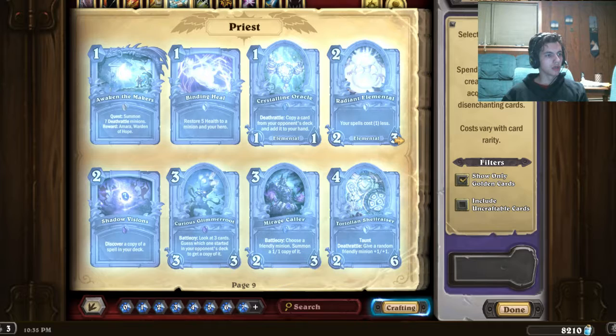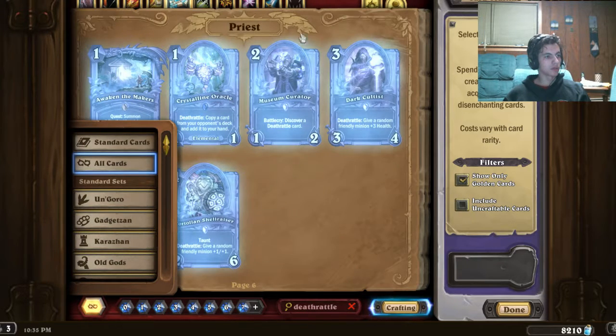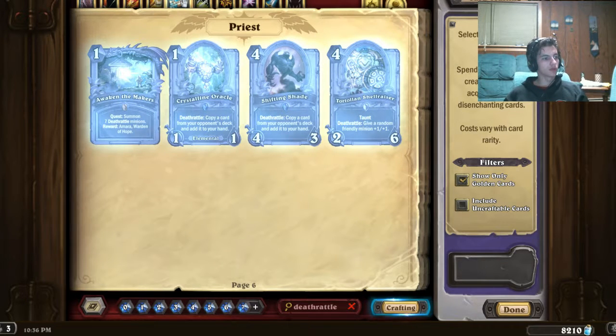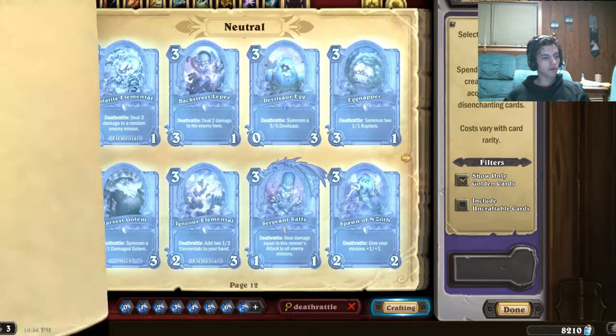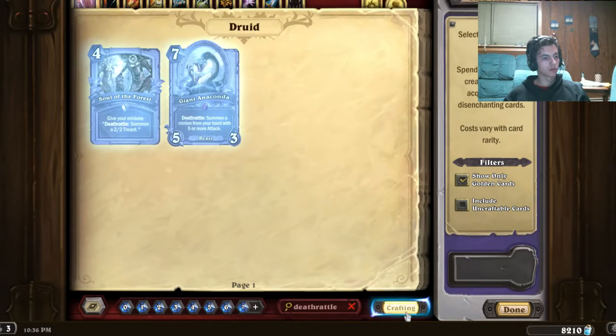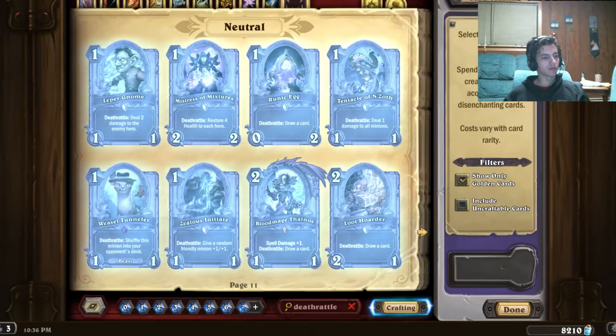Anyway, currently, let's see, Death Rattle and all cards. Whoops, standard cards. Duh. Alright, so we have no priest Death Rattle cards. And what do we have for regular Death Rattles? Oh no, if we turn off crafting, there we go. We've got absolute crap for Death Rattles. We've got the Runic Egg, but we need golden ones, so